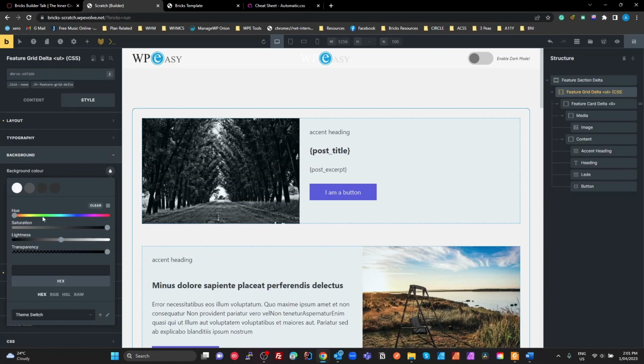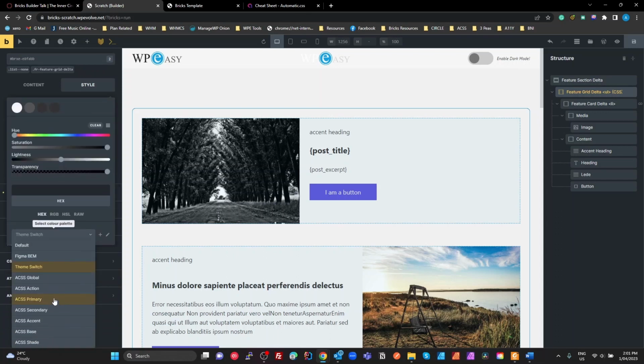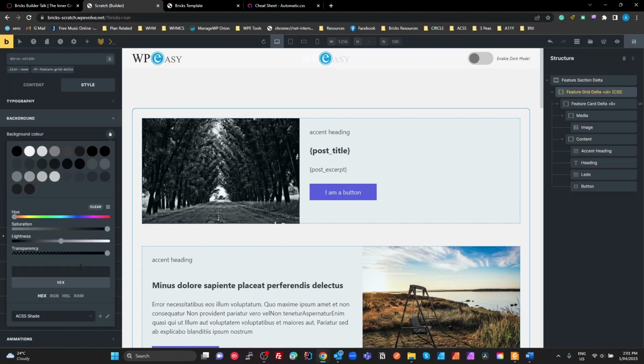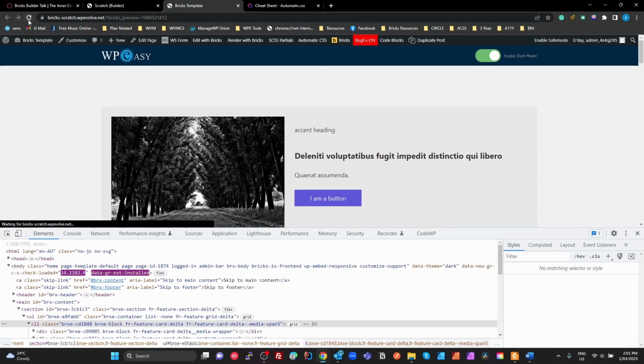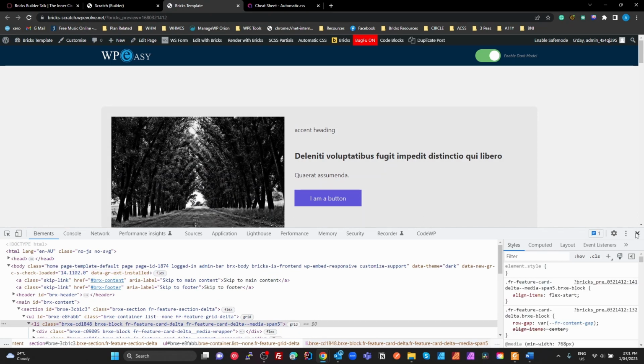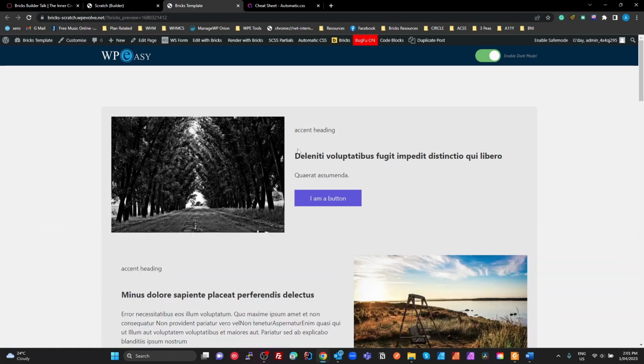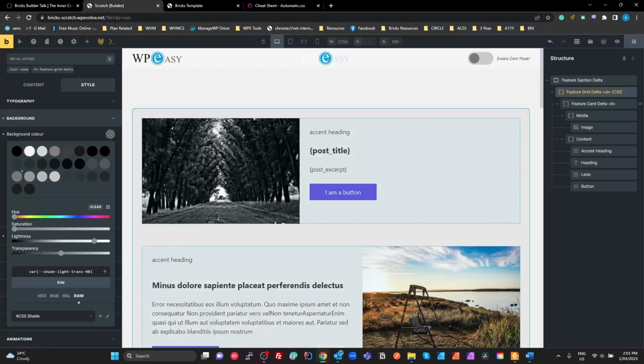We'll just use a dull background color because we've got light text. So I'm just going to use the shade and maybe just use this color here. That might be a bit too much. Something that's not so obvious. Yeah, there you go. That'll do. All right. So what I'm showing here is we've just created a layout using a pre-built template, created